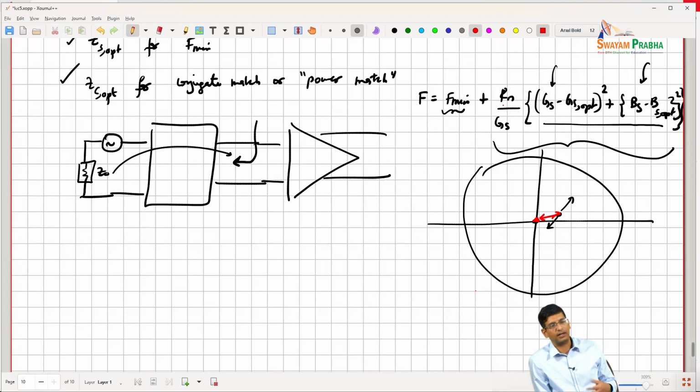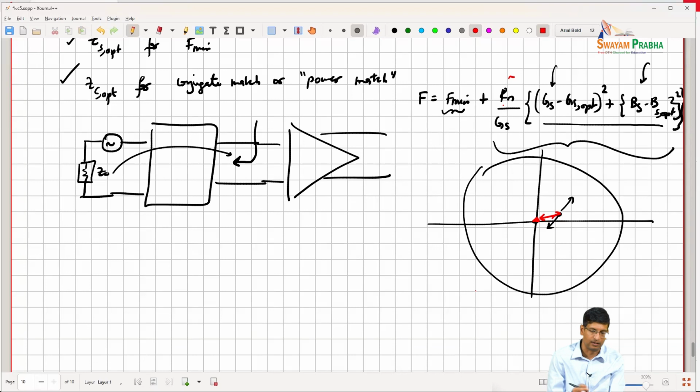So I can either say I'll accept the degradation, because no big degradation is occurring if this Rn over Gs is small, so I can live with that,